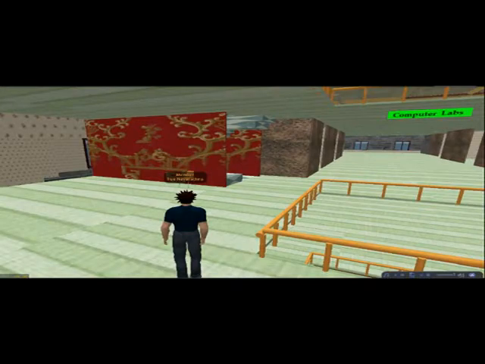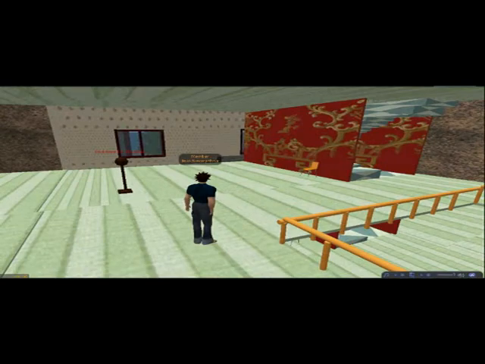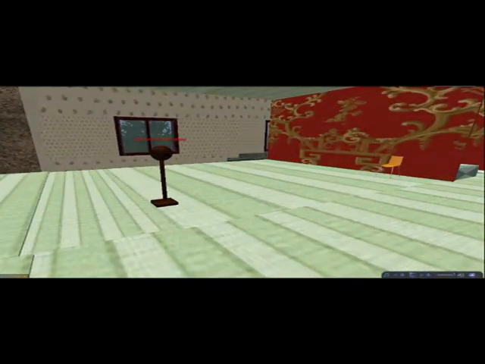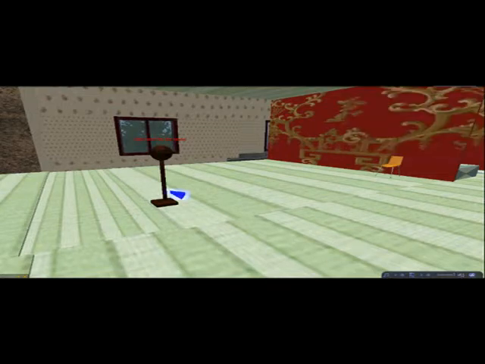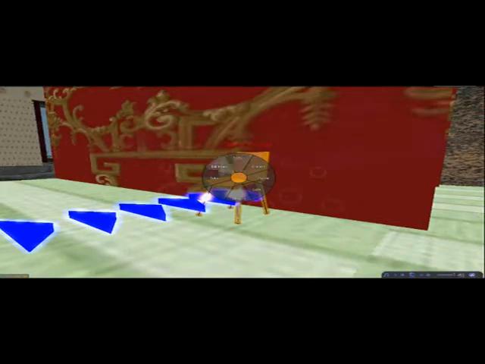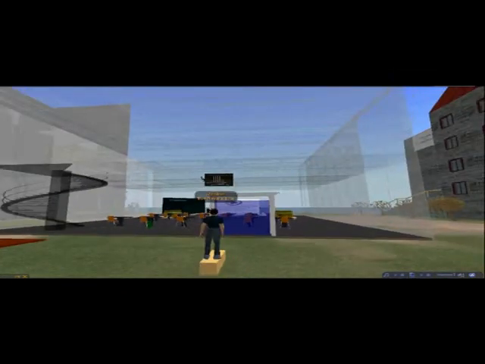Previously we saw how to teleport within Flasham Hall. Now we will be seeing how to teleport outside of Flasham Hall to places like the library, smart classroom, and different other places. Here we again have a menu box. We click on the menu box, we get options. I select smart classroom. It gives me the dynamic arrows. I choose to sit on this chair by right clicking it, and it takes me to the smart classroom. This is the smart classroom.